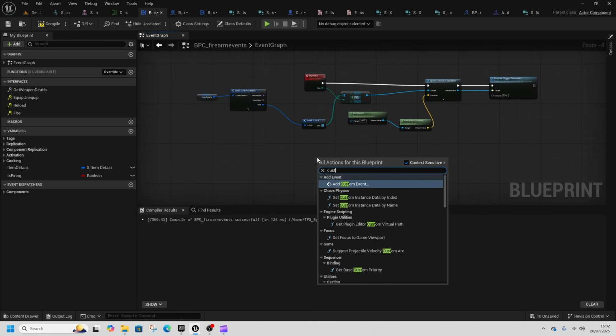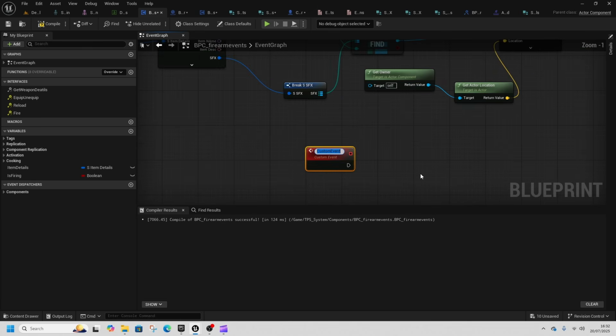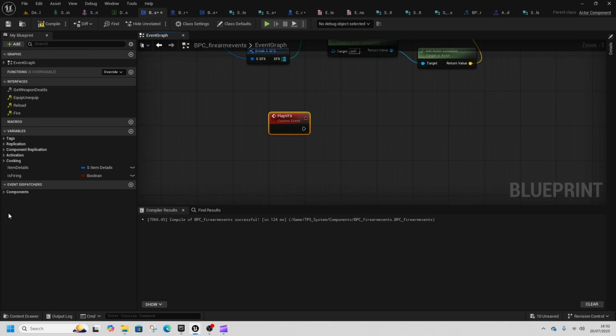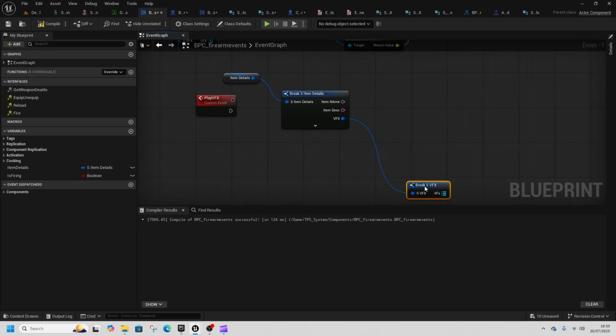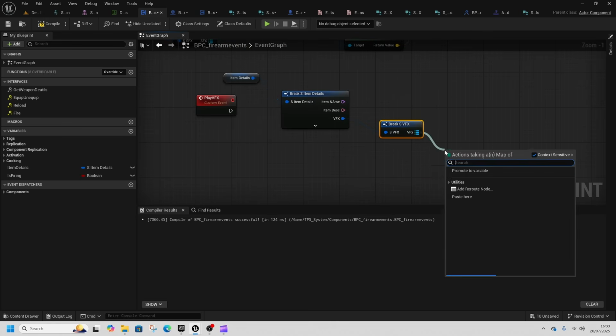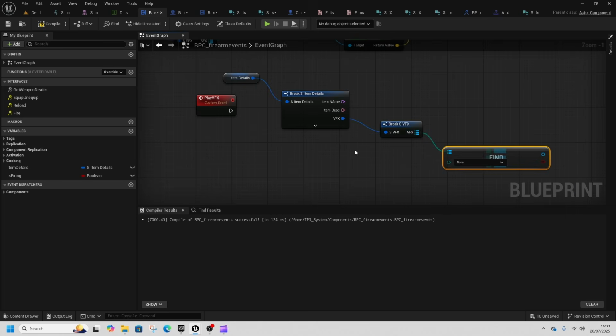Back in firearm events, we're going to do a very similar thing to what we did in play SFX. So we're going to create a custom event, and this will be play VFX, and we're going to get the weapon details again. So get breakout item, VFX, break this, and then we're going to find the VFX, pass the key into here,